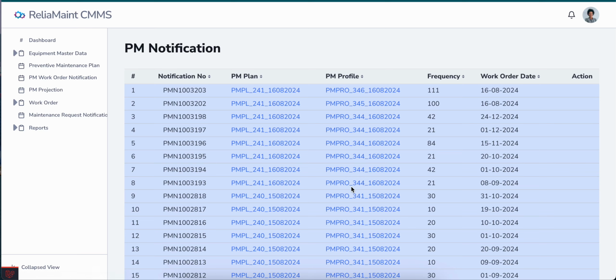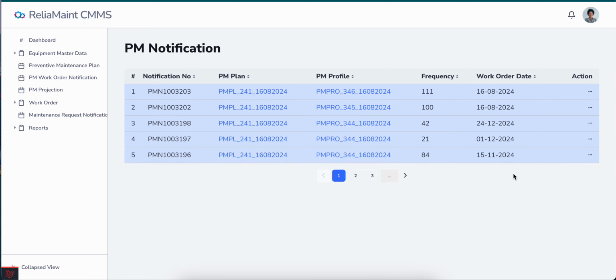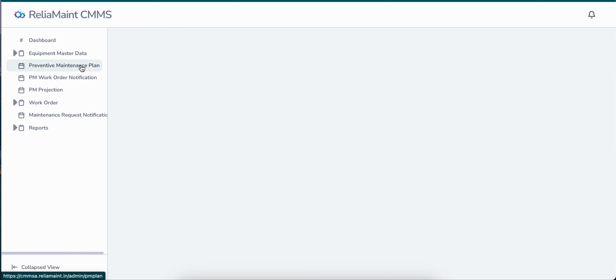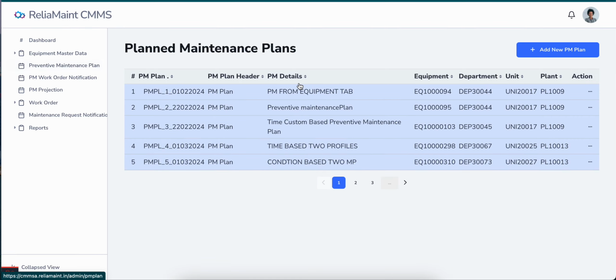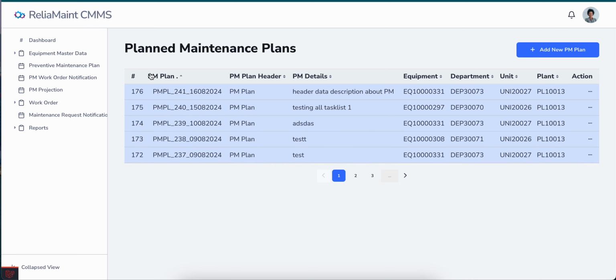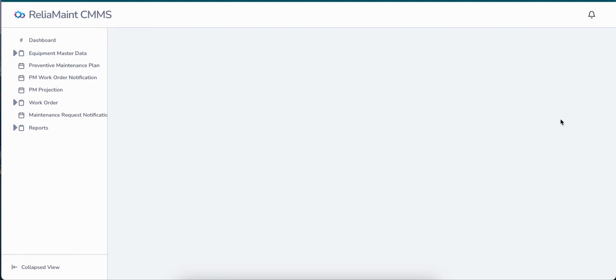Just I will show you one example, just to show what we mean by PM profile.